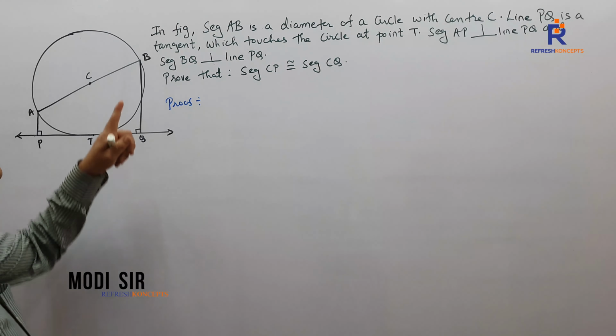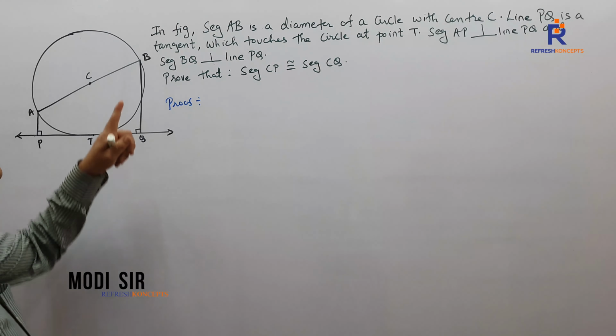Right? So at least let me write down this much and then we proceed further. What have we joined? We have joined this. Construction is what we have. We start off with: measure of angle CTQ is 90 degrees, equation number 1. Reason: radius is perpendicular to tangent. Many will also say by tangent theorem. You can say radius is perpendicular to tangent, or by tangent theorem.